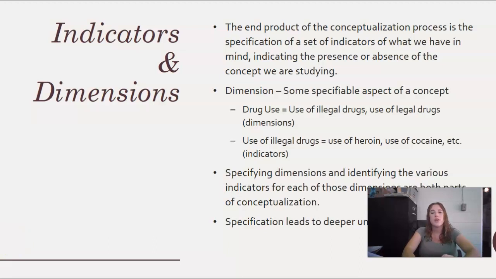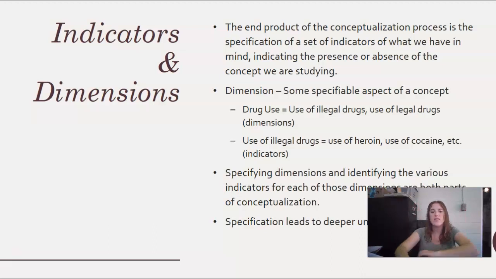So, for example, if we're talking about the legal drugs, because that's what our study is about, we're going to name each drug that we're looking at: heroin, cocaine, methamphetamines. We're going to have a category for each, and those are the indicators. So obviously when we do this, we're just taking that fuzzy concept and narrowing it down and narrowing it down.